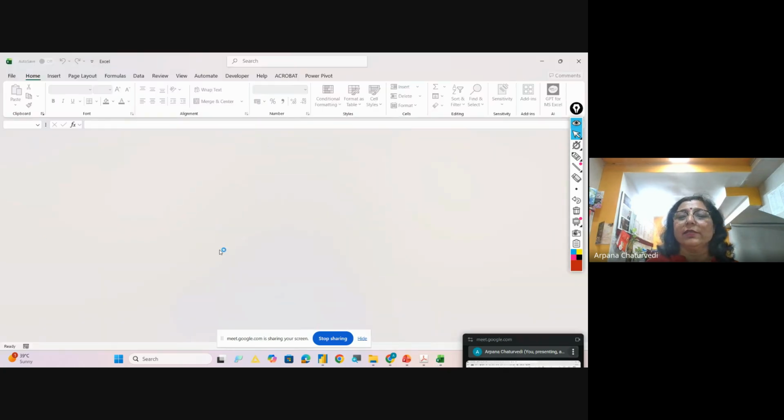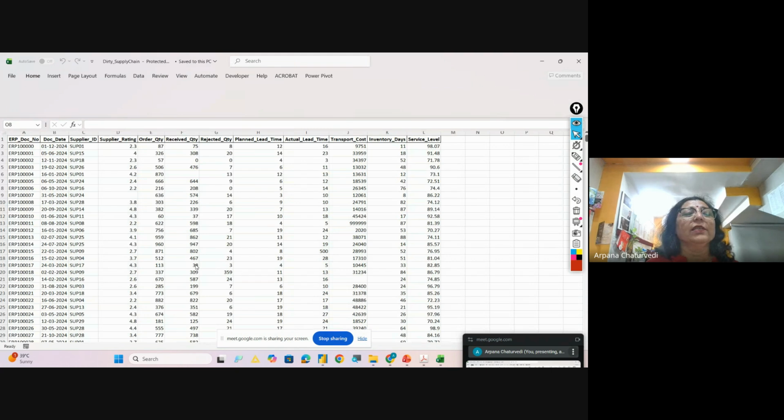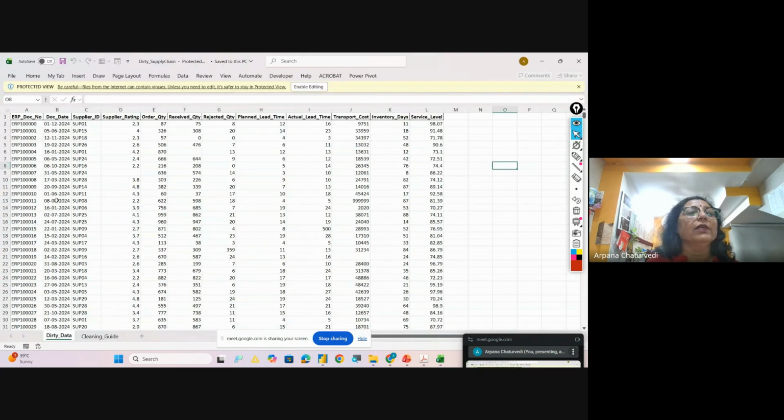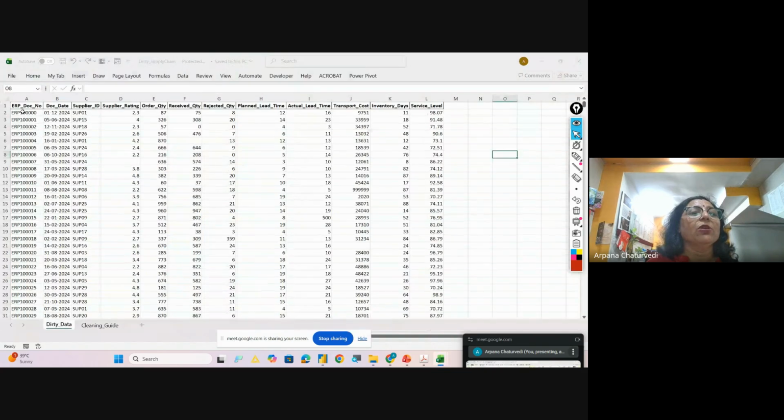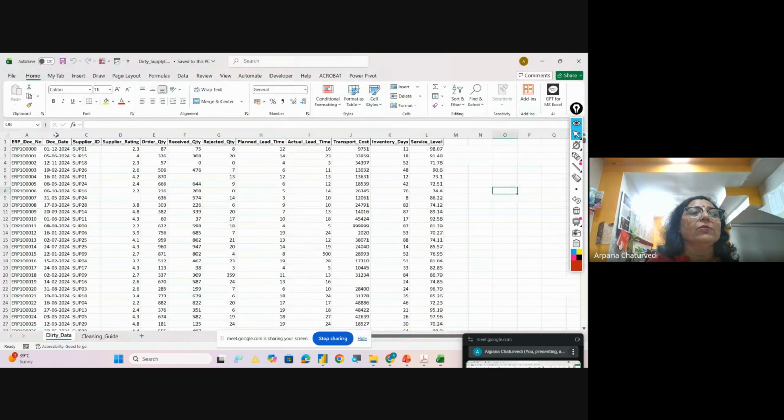So this is a Excel file. So you can just check over here what all information is being given over here. It's a ERP document number, document date, supplier ID,